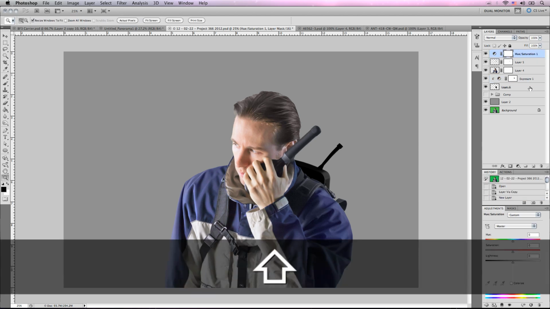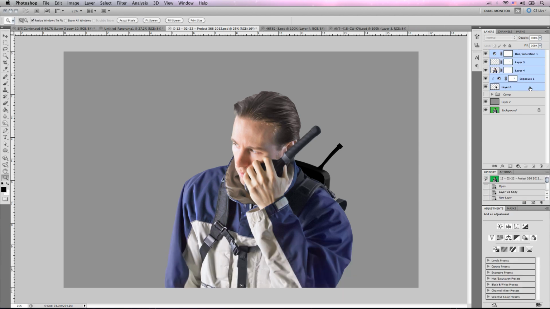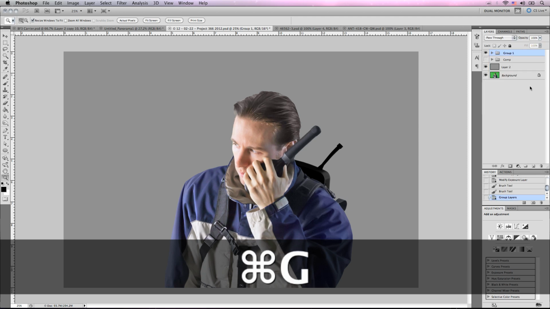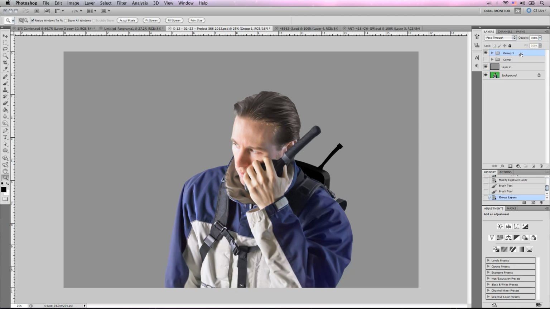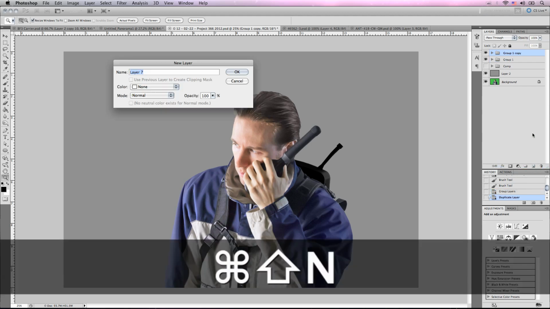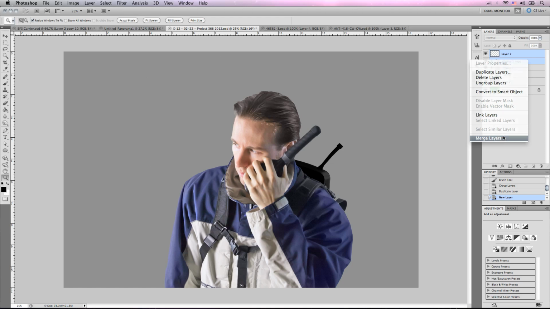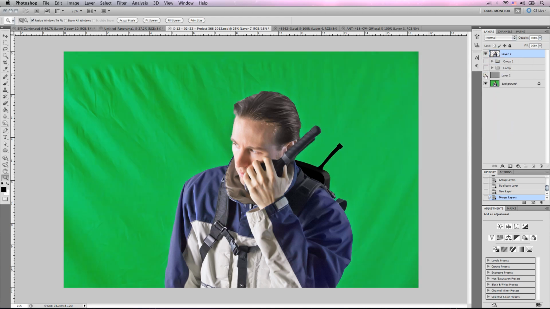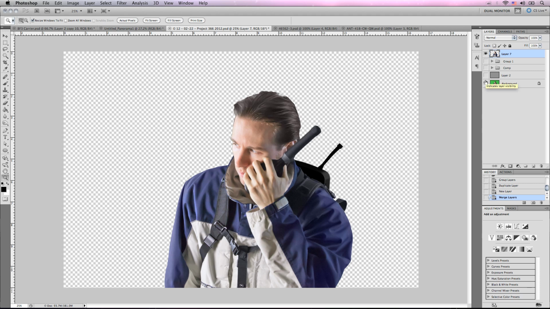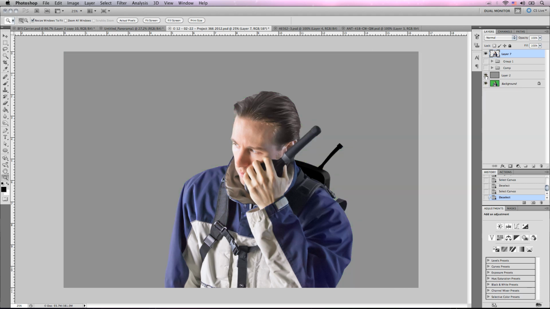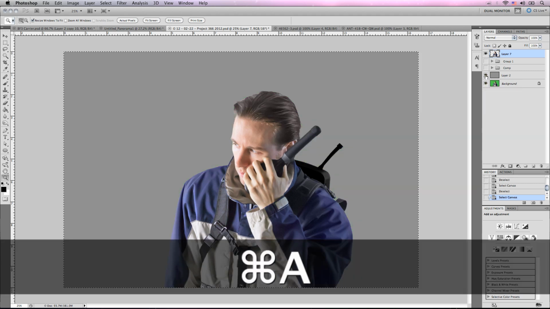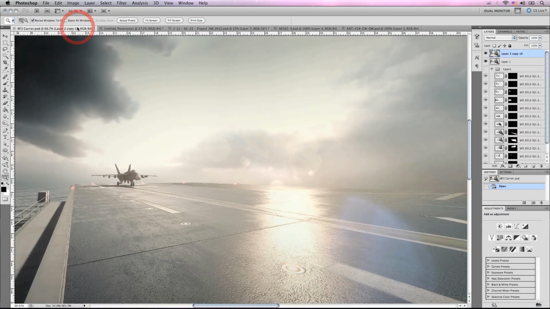Now we're going to take all of the layers and group them up once again. And we're going to duplicate that group, make a new layer, and then merge the group 1 copy with layer 7. And now we have the image all by itself, complete. Looks pretty good. So now let's take the entire image and copy it. And we're just going to paste it into our BF3 carrier,